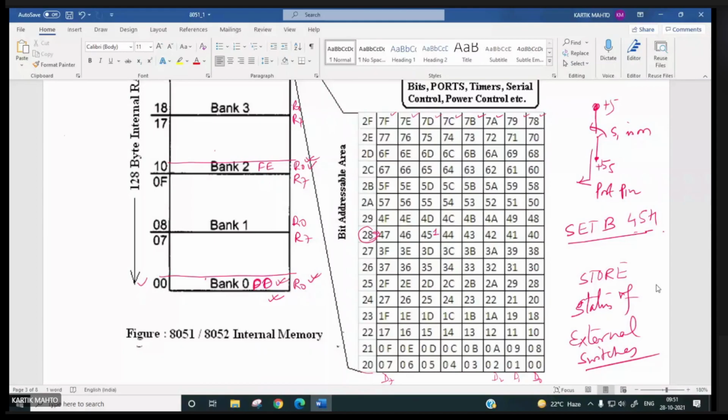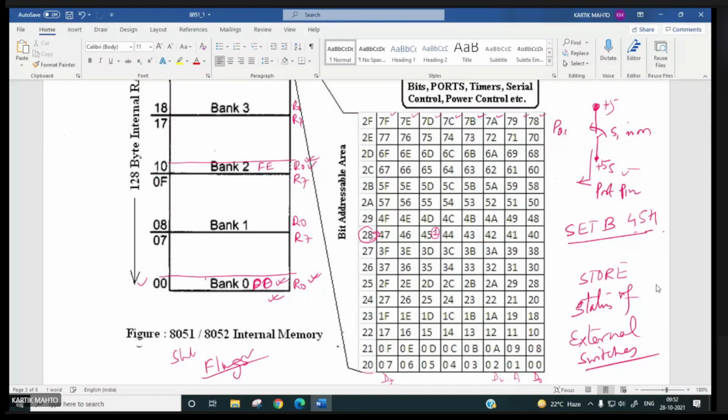So much flexibility is there. So these many bit addressable RAM locations are there, and you can use all these as flags, storing the status of this switch. If this switch is on, you can set this one to 1. Simply you can copy directly via port pin, P0.0 to P0.7, 8 bits are there.